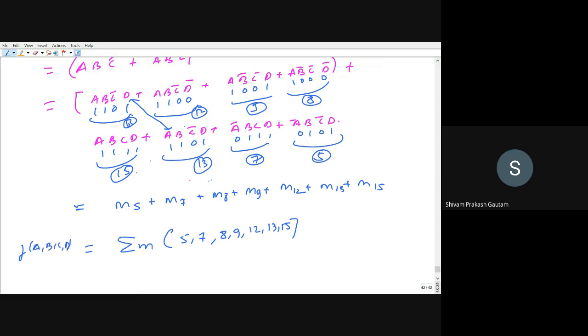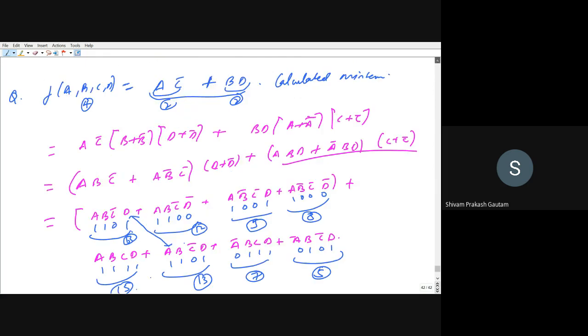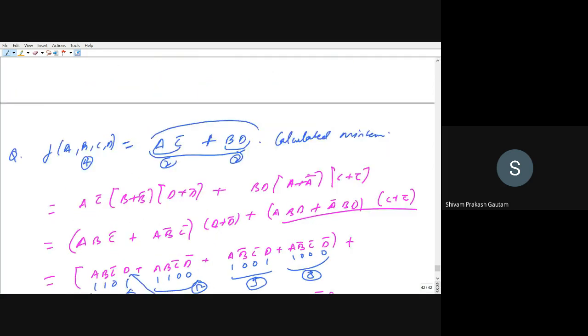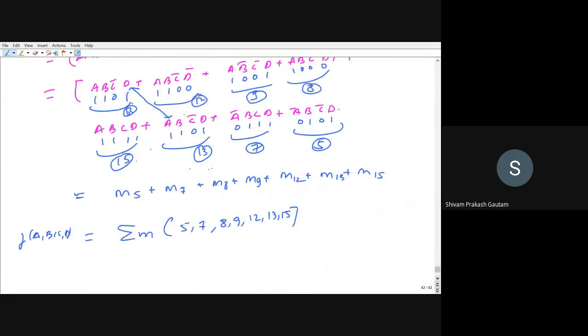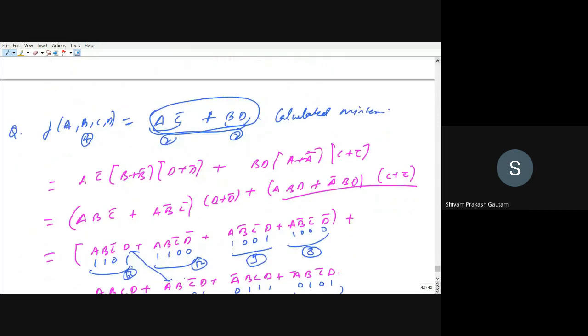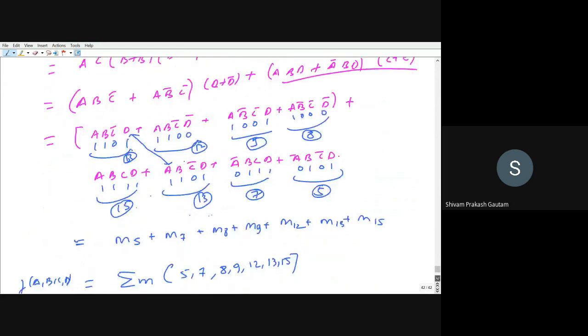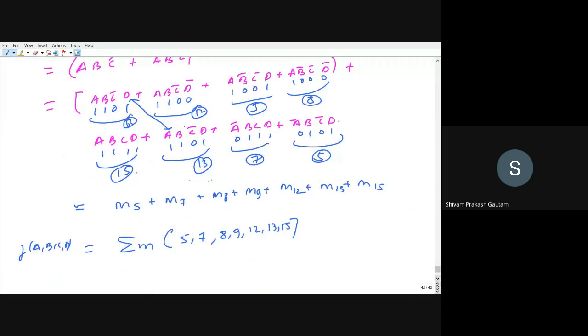So if you want to make a truth table, you can make a truth table, and you can see for these values of min term, the function of this will give you 1 output. Later on, you can do that, right? You can build a truth table for this function. What is the function? A C bar plus B D, and you can see for which values of min term it is giving value 1. So you will come to know that for these min terms, the function will give value as 1. Is it okay?